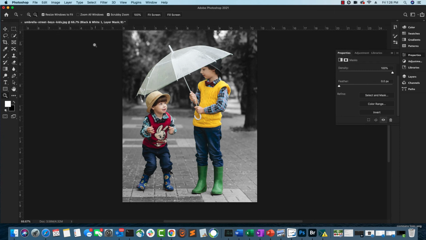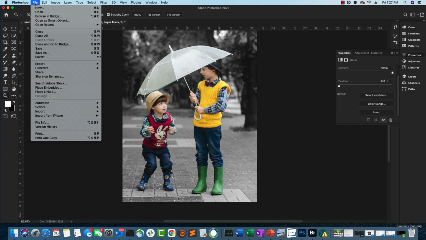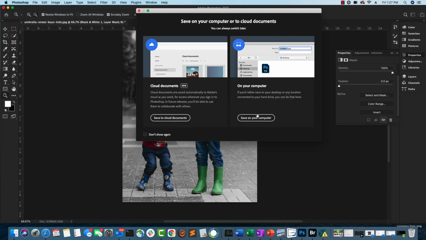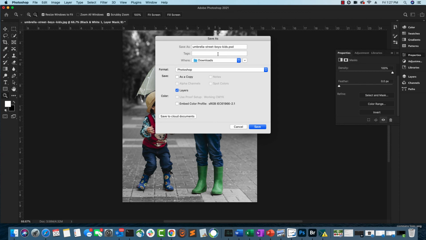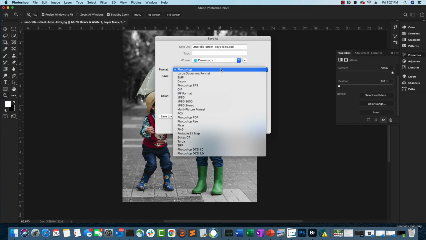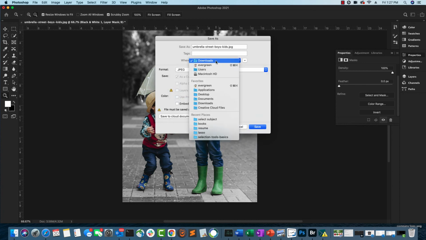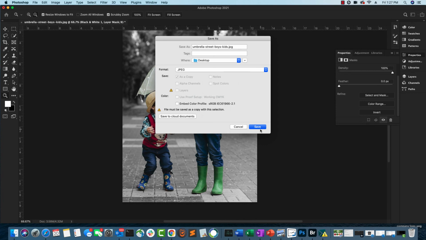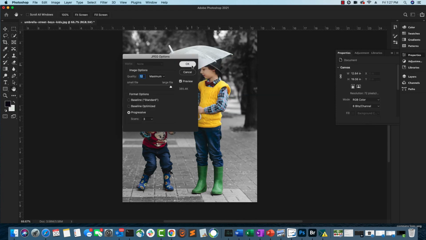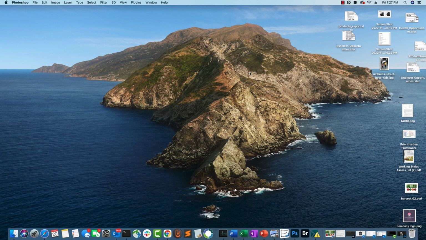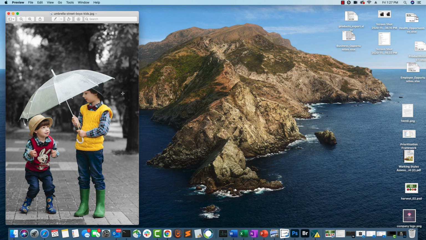All right, once we do that, I'm pretty happy with the outcome. I'm going to save that as a JPEG file. I'm going to push it to my desktop, save it, and now if I go back to my desktop, I should see this file. There you go. Now you can use this for sharing on your social network, uploading to Facebook, Instagram, or whatever tools you like.